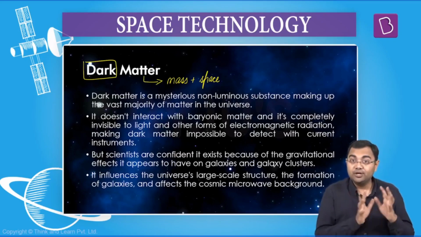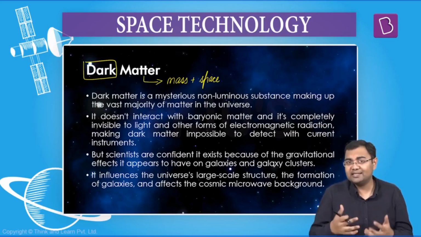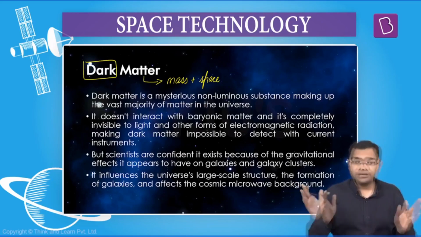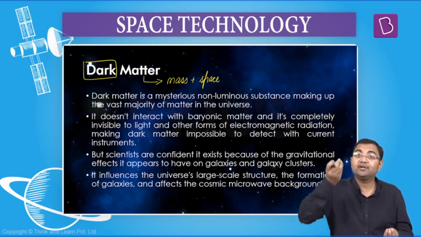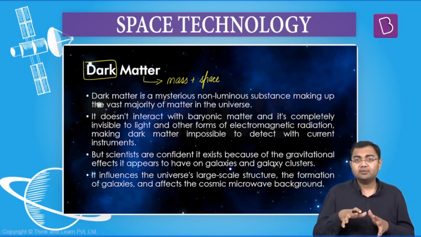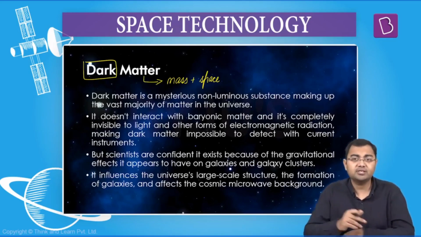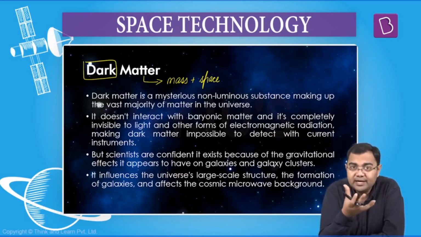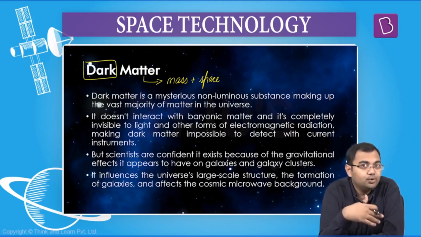So that's why even the calculations that are done for a given galaxy or a solar system, etc., there also the calculations are off chart. They observe much less, they calculate much more. And this is where the scientists thought that there should be something else. Then there were the gravitational effects, that the gravitational effects of this kind of matter are quite observable. Although the matter is not observable, you don't see the matter, you don't observe the matter, but their effects are